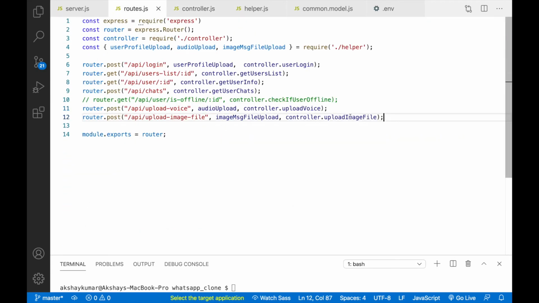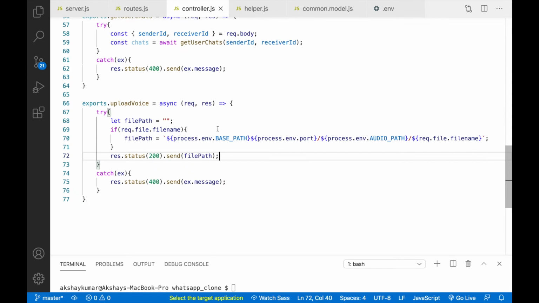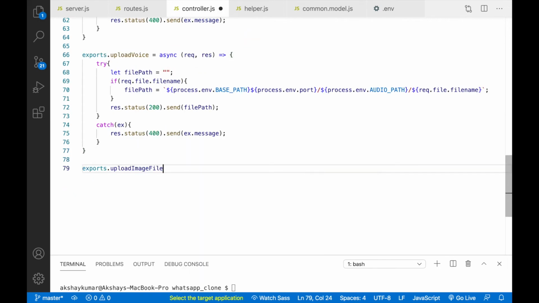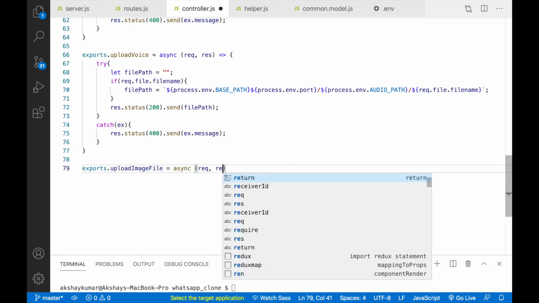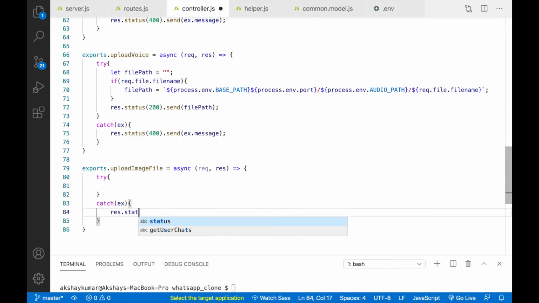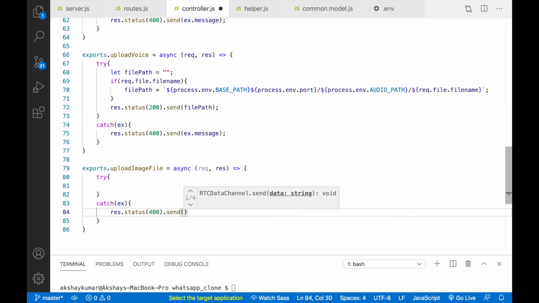So after this, the upload image file. This also we can write here, exports.uploadImageFile, async (request, response). Okay, we'll write try catch, then res.status(400).send(exception.message).